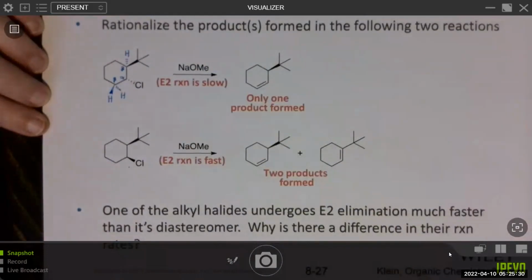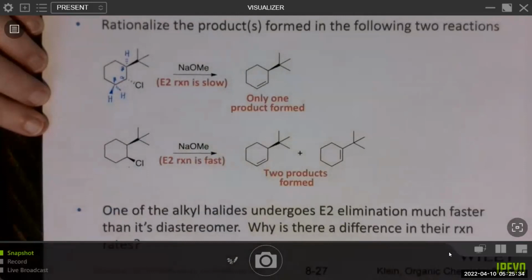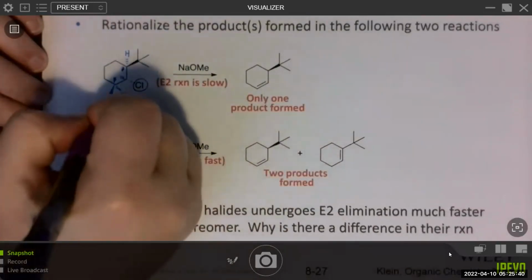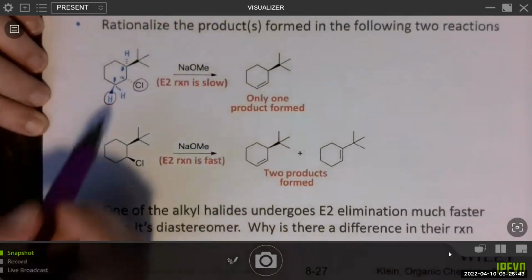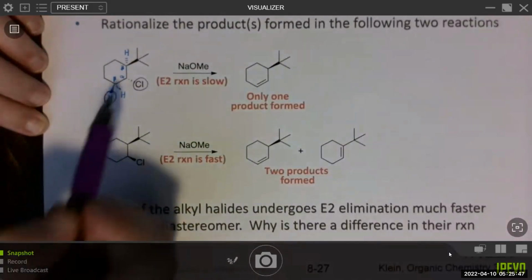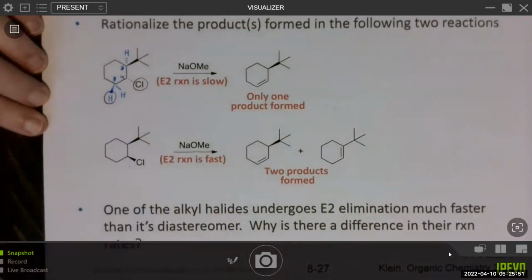Recall that only hydrogens that are opposite the leaving group can be removed. The leaving group is on a dash here, so only the hydrogen on a wedge on this beta carbon can be removed. These two will not be able to get into an anti-periplanar transition state